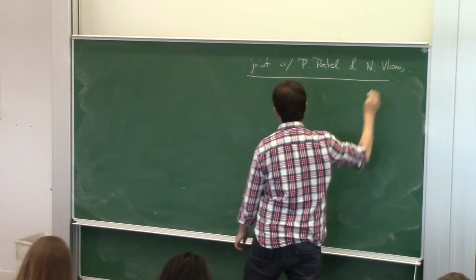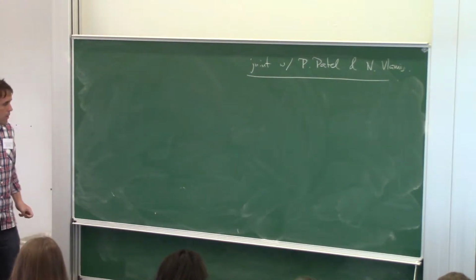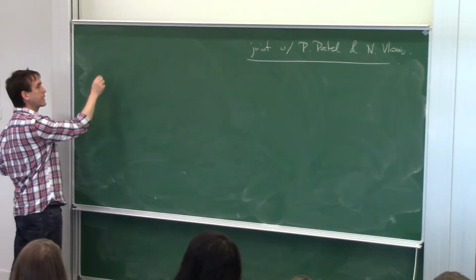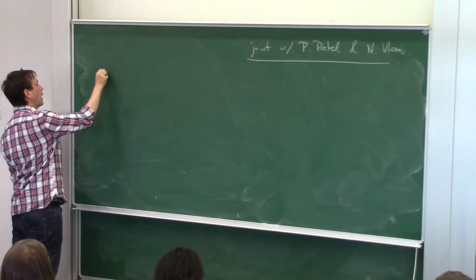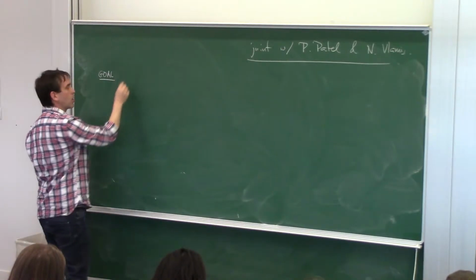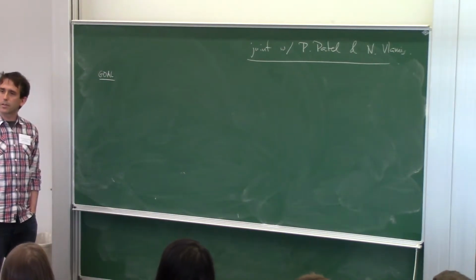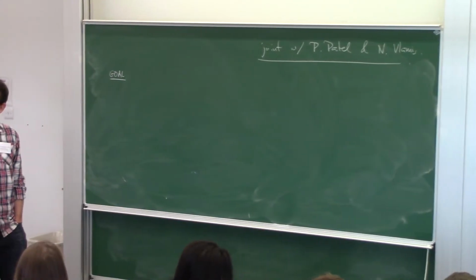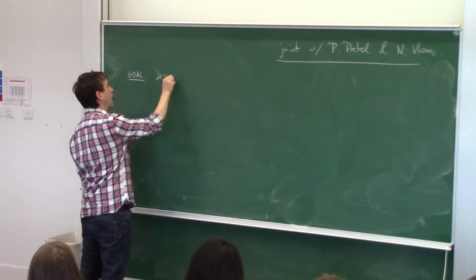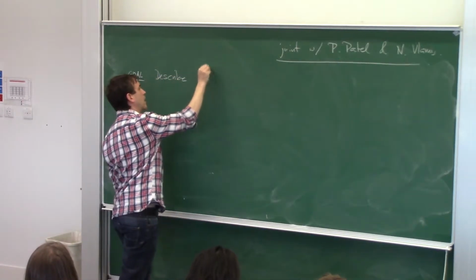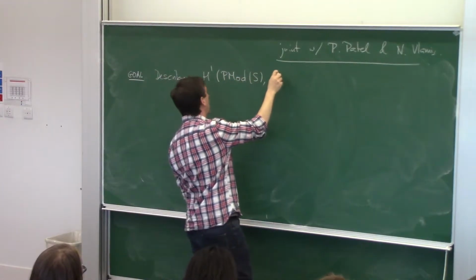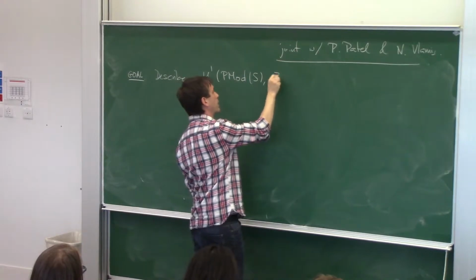So, all right. I'm not a big fan of saying the main goal of the topic, but let me start by saying what the main goal is. I'm going to describe, very much like Kasra, I have collaborators who insist that the mapping class group be called Map. But who cares? So I'm going to describe the first cohomology group of the pure mapping class group with integer coefficients.